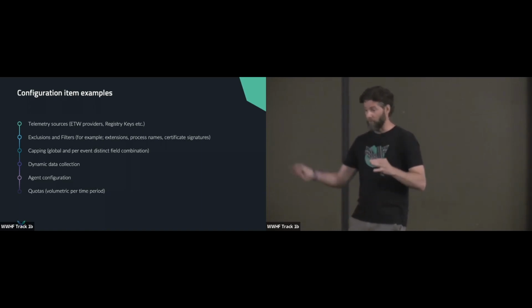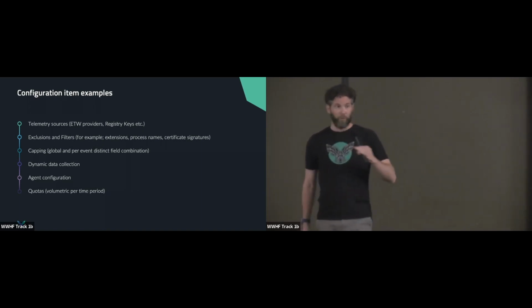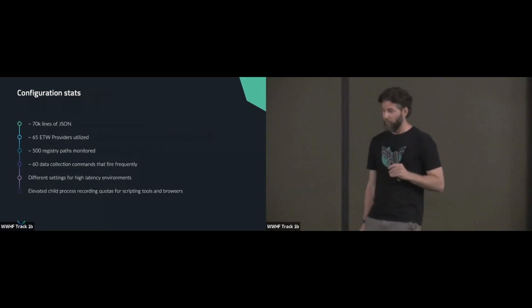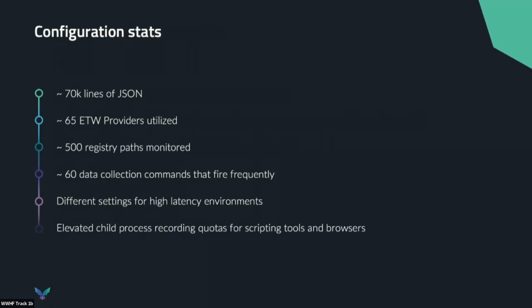And also the agent configuration. So how long should it retain its data, what is the buffer size, all kinds of just normal stuff. So it's quite a lot. So it's like 70,000 lines of JSON code, or code, but text. And there's those 65 ETW providers. There's about 500 registry paths that are being monitored, and about 60 of those commands that are being executed frequently,